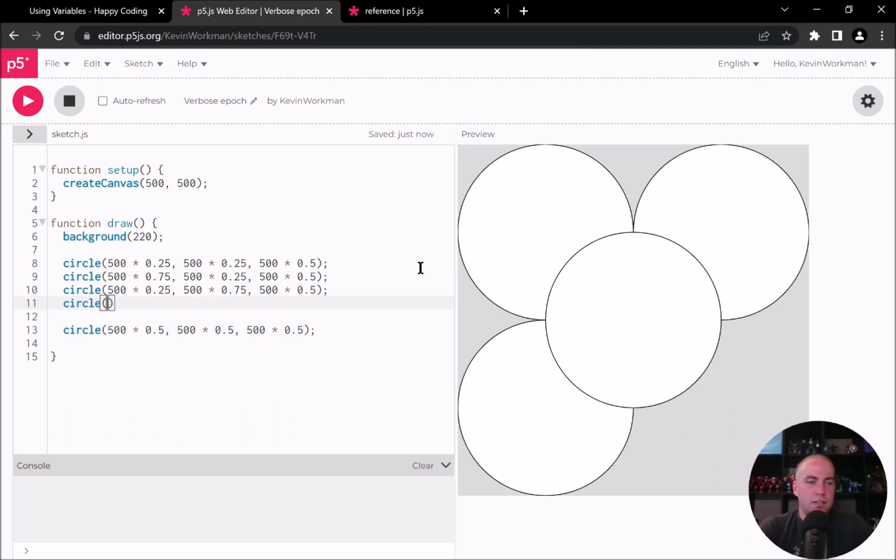And I'll do one last circle at 500 times 0.75, 500 times 0.75, and 500 times 0.5. And I forgot my zeros again because I kind of preferred it that way anyway. But whatever, I'll add them and double check that it works. And there we go. Cool. Now I've got a flower, and this is so annoying, but I want to do this one more time just to demonstrate the